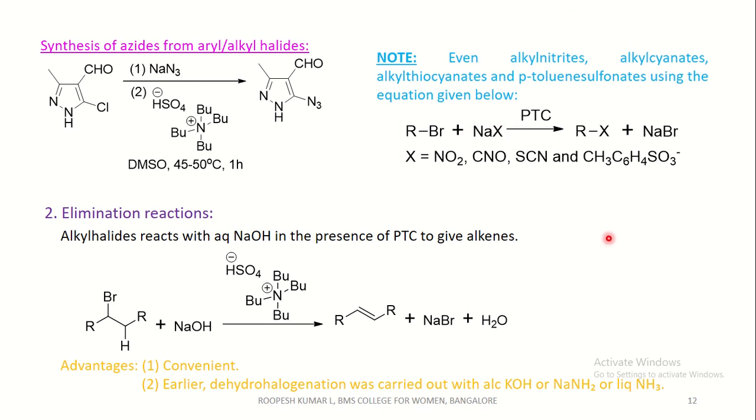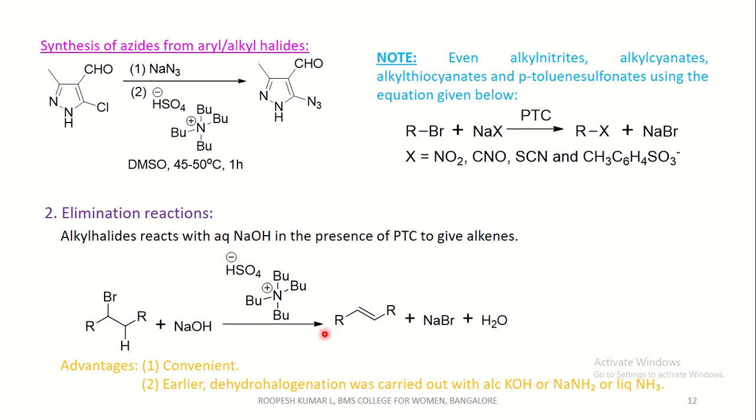Elimination reactions. The next synthesis is the elimination reaction. Alkyl halides react with aqueous NaOH in the presence of a PTC to give alkenes. This alkyl halide reacts with aqueous alkali in the presence of a PTC, that is N-tetrabutyl ammonium hydrogen sulfate. This PTC transfers the hydroxide group to the organic phase, where the OH minus abstracts this proton, and this forms a double bond here with the elimination of a bromide ion